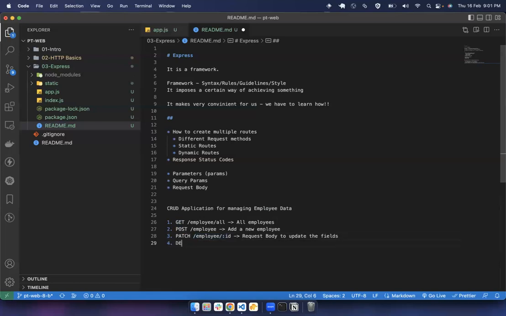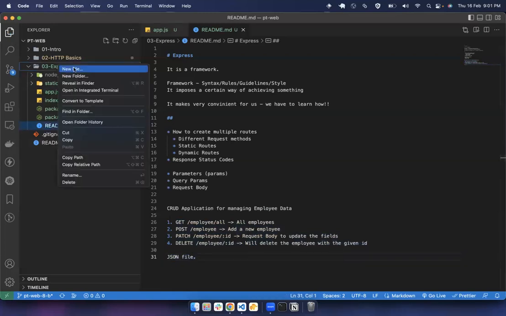Then the last part is the delete part, and we will have employee slash ID. This will delete the employee with the given ID. Okay, so this is our goal for this very small application. Now, where are we going to hold the data for all the employees? We are going to hold the data in a JSON file. So we will create a JSON file,